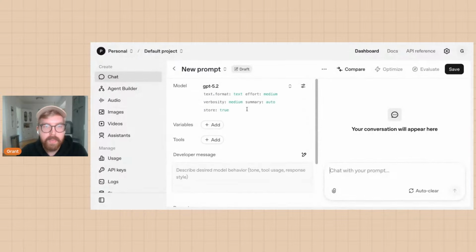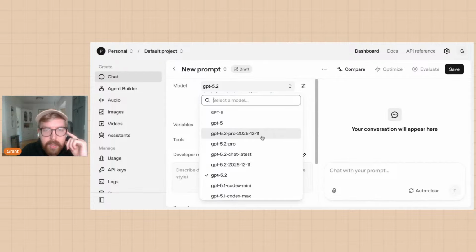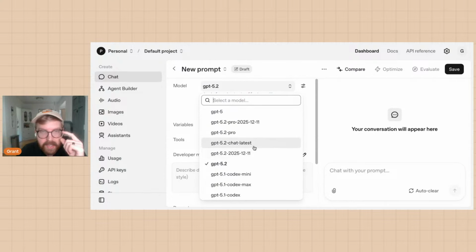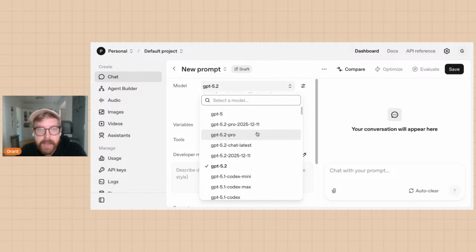Okay, so as you can see, this is GPT 5.2, and there's a couple different versions. There's 5.2 Pro, 5.2 Pro 1211. I don't know the difference between those two things. 5.2 chat latest, I imagine this is the one in the chat that regular people will get access to. And then this is another variant. Interesting. Okay. I might have to do a little reading. This launched literally right when we were getting on the stream. So I don't know everything about it yet, but we're going to mess around and find out.